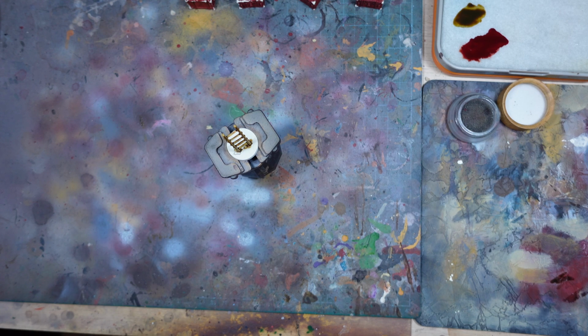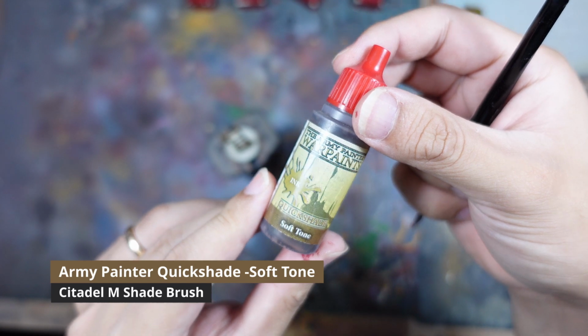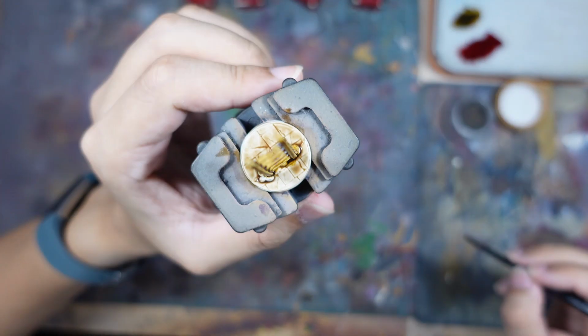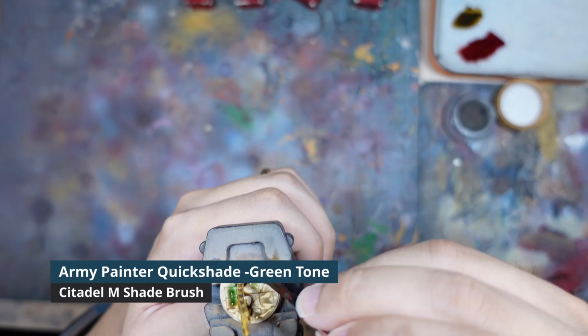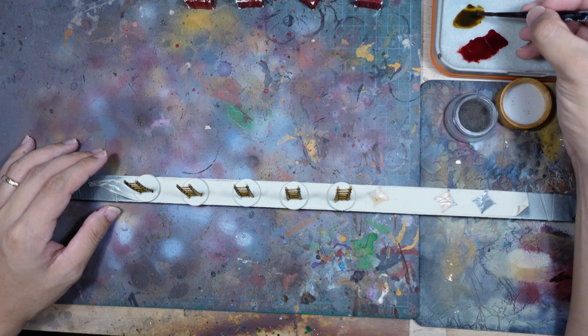Okay, I'm waiting for the contrast to dry and I get started on the bases, and to do that I use an all-over soft tone wash on my test model here, which I think looks pretty good, but I wanted to add a bit more variation, so I put on a few dabs of green tone, which hints at some moss or grass. Okay, so I'm going to take some of that soft...